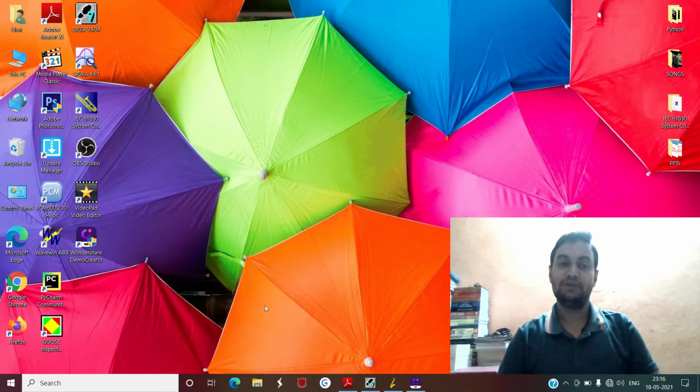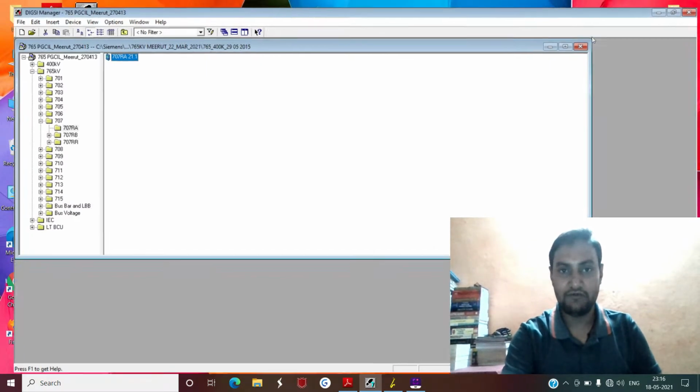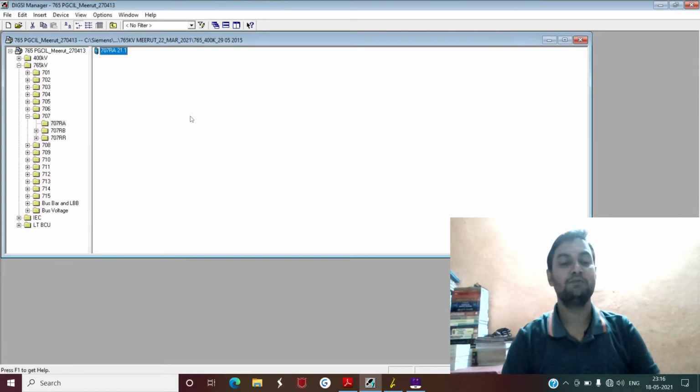In the last session we were discussing the relay settings using one of the pre-configured 7SA5221 relays, and we will continue with the same relay. In this relay we will discuss the input output configuration by using one of the standard schemes which is available with us. Now, like in the last session, in this session also, I have already opened Dixie 4.94 software over here. You are already aware that once you open this software, you will generally see either a blank screen or a window which you had already opened last time.